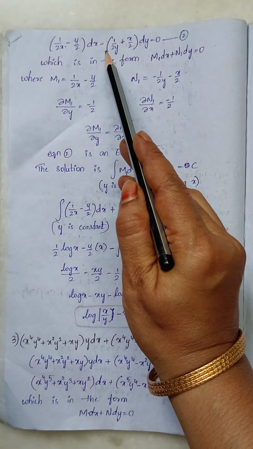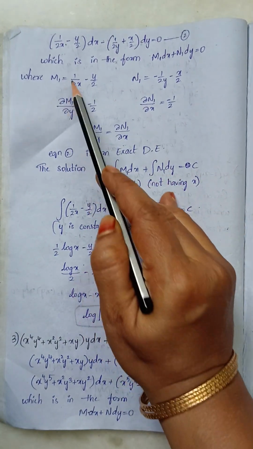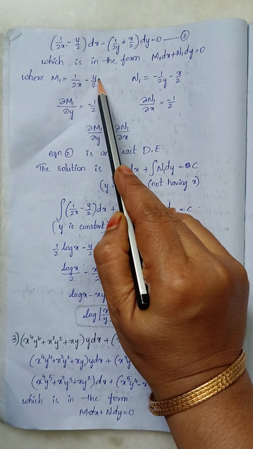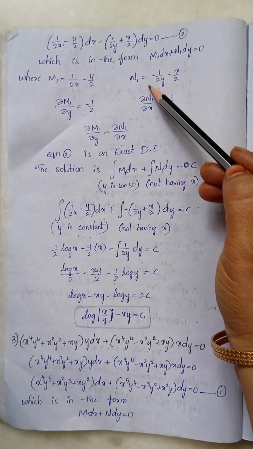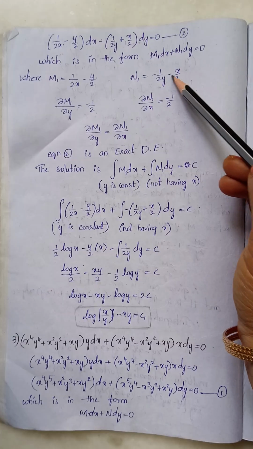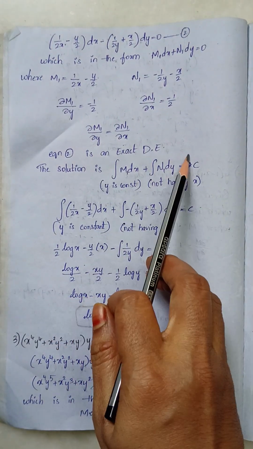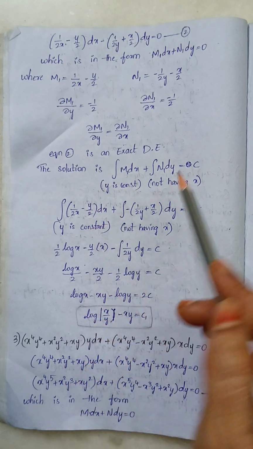Now m1 dx plus n1 dy equal to 0, write m1 and n1. Again with respect to y means this is constant 0, with respect to y means minus 1 by 2 into 1, that is minus 1 by 2. So dou n1 by dou x means this is constant whose derivative is 0, minus 1 by 2 into x derivative is 1. So both are equal means it is an exact differential equation, and the solution is integration m into dx plus